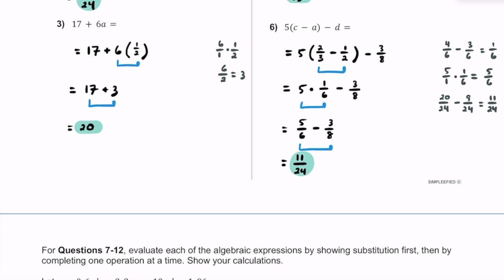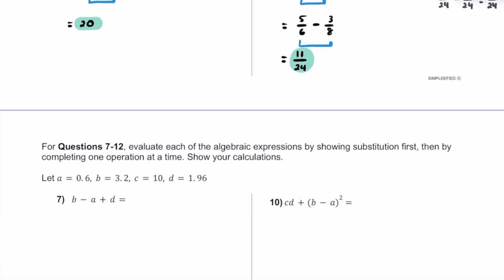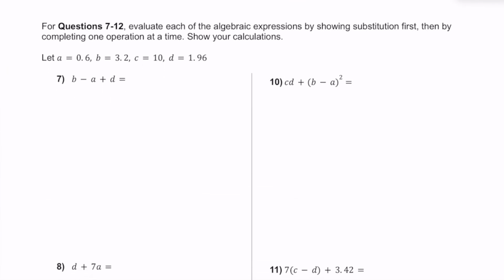All right, now that we've done 6 different problems dealing with some fractions, let's try 6 more problems, but this time we're going to have decimals. All right, so notice for 7 through 12, A is going to be 6/10, B is going to be 3 2/10, C is going to be 10, and D is going to be 1 96/100. So let's go ahead and substitute first here. So B, we are going to plug in 3.2, or 3 2/10, minus A, which is going to be 6/10,